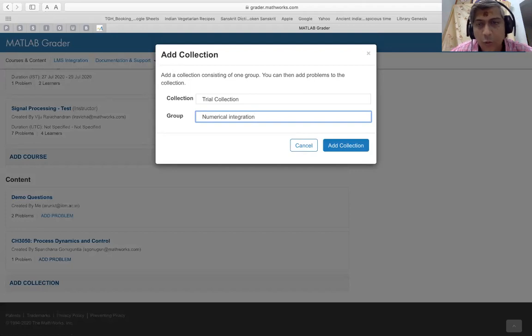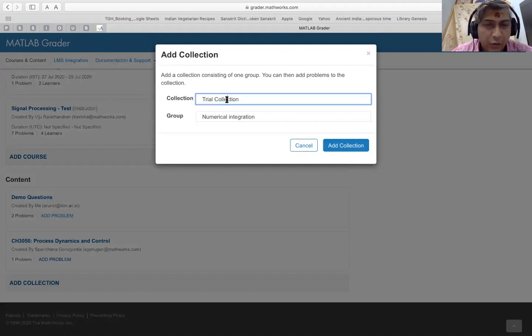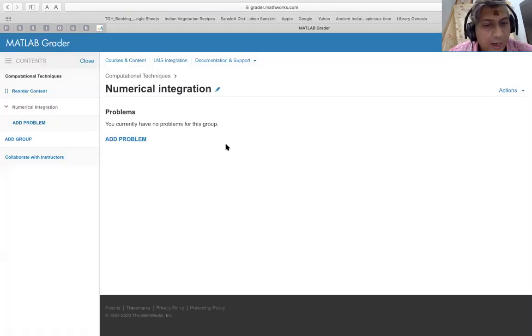Maybe you want to create a lot of questions pertaining to numerical integration under a large collection called trial collection, or we can choose a different name here. We can write here computational techniques. So I do this, and as you can see, I'm presented with this screen here. So numerical integration is the topic under the larger collection of computational techniques.